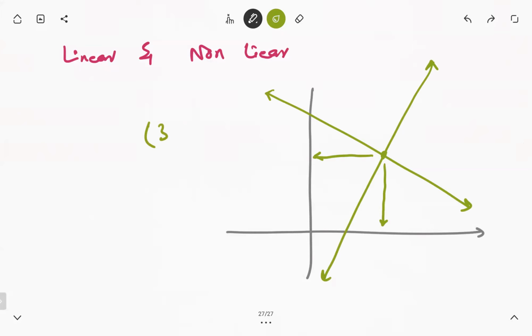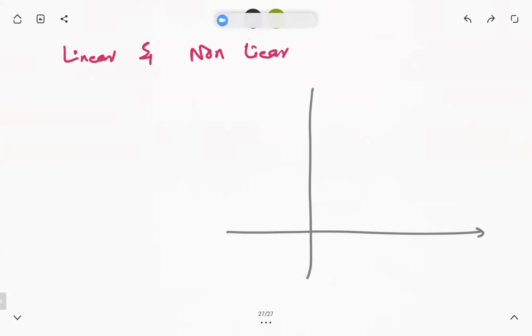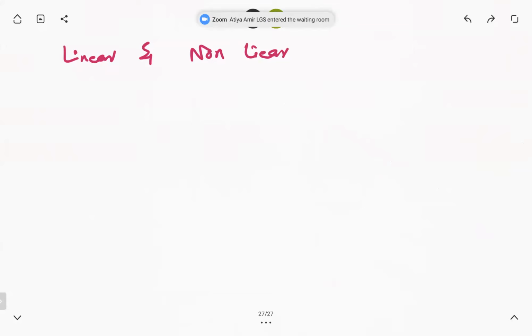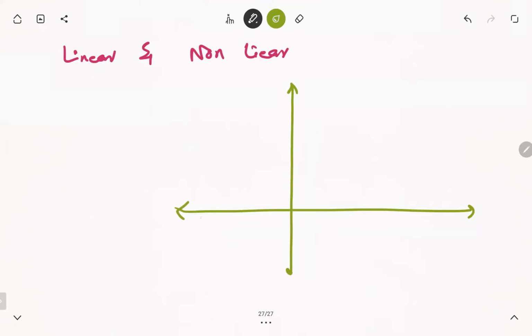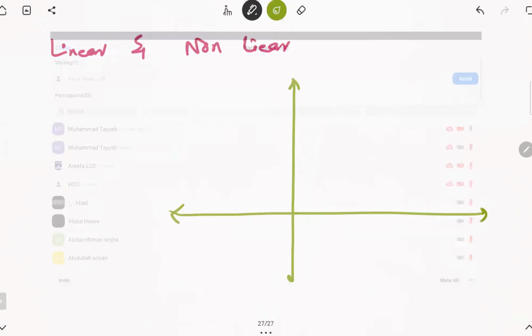Now we are going to solve linear and non-linear equations simultaneously. So the final answer will also represent the point of intersection. But this time the point of intersection may be one or may be more than one. Like, see, if I consider a quadratic equation,